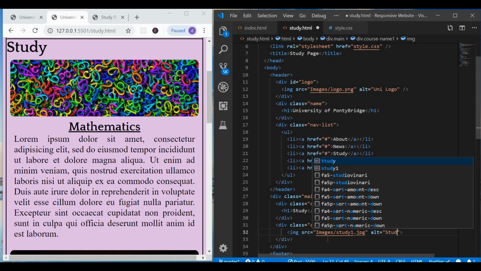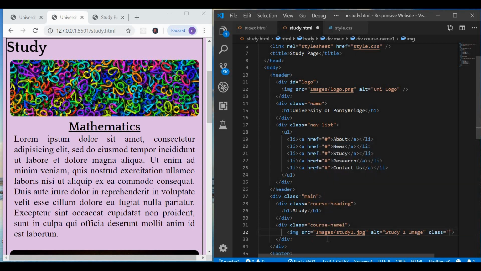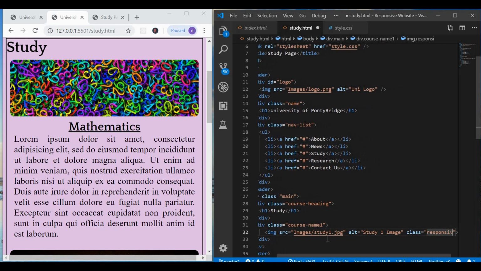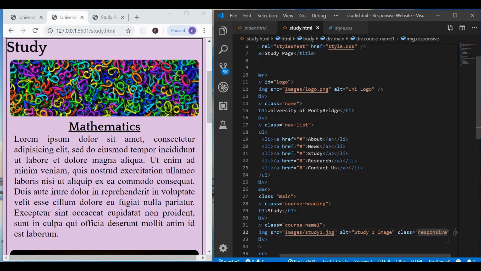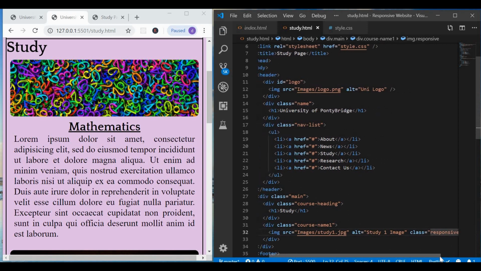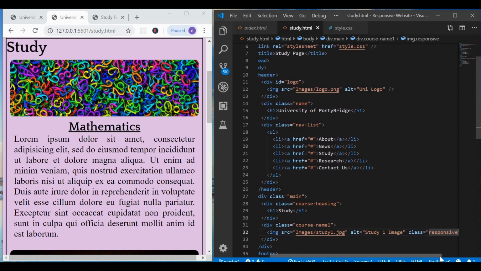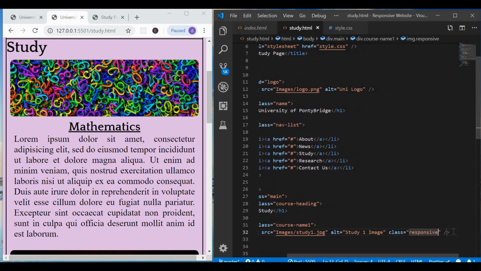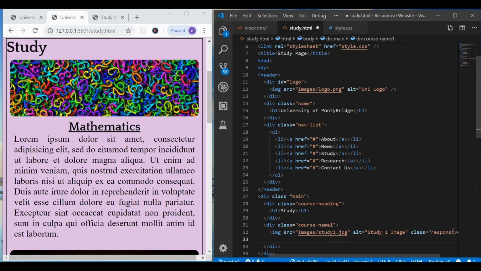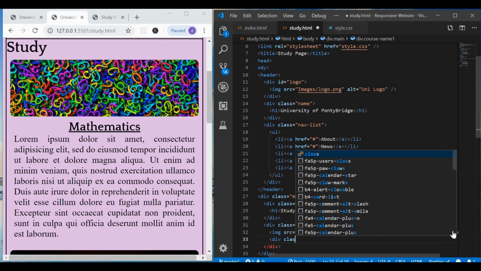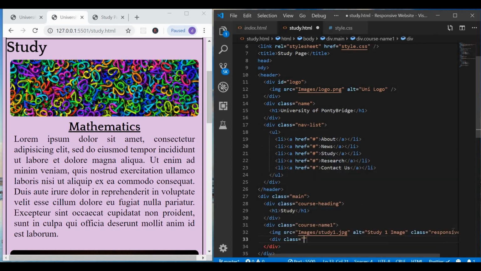So I'll write study1 image, and I will give it a class name of responsive to make my images responsive. Next, I will create another div inside this div and give it a class of course 1,